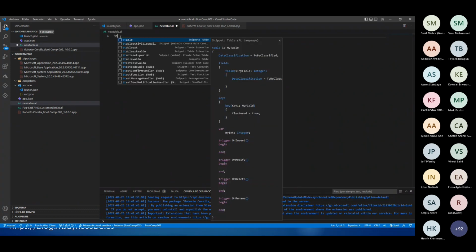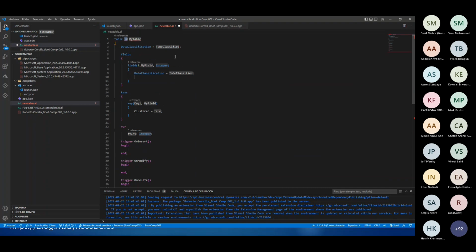The snippet will help you to create the tables. If I want to create a table, it is the T table. If you want to create a page, it is T page, right? In this case, T table, and it created the scheme of the tables, and you can ask the system, ask me